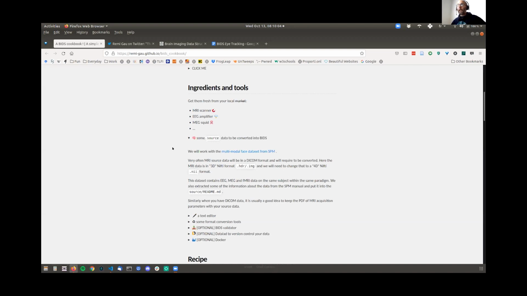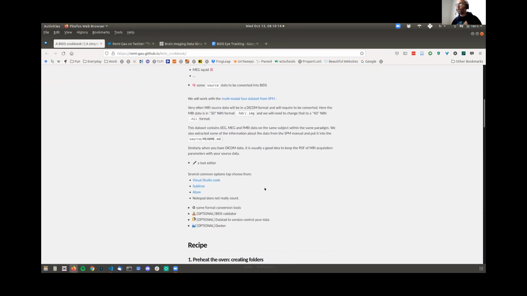What you would technically need to do this is just a file explorer on whatever computer you're using and a text editor. In this case, I'll be using Visual Studio Code. I tend to recommend one of those three. In general, you want to use a proper text editor because it can help you deal with some file formats more easily, and sometimes you might need to convert file formats.